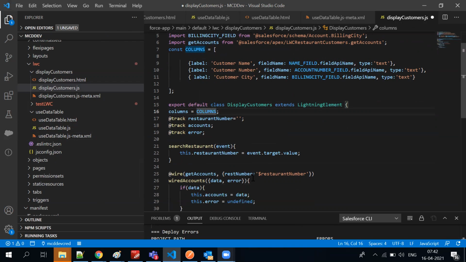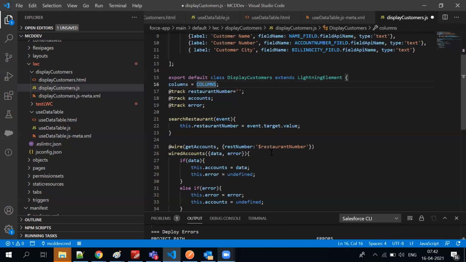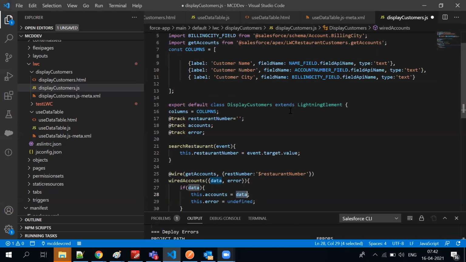So the data which we have here is this is the one which we have to have. Search restaurant. Okay, then we have restaurants, accounts. So account is having data there. So that means accounts dot data, it will be there. Okay, so it's all about accounts dot data. So I'm gonna save this. So display HTML. What we have